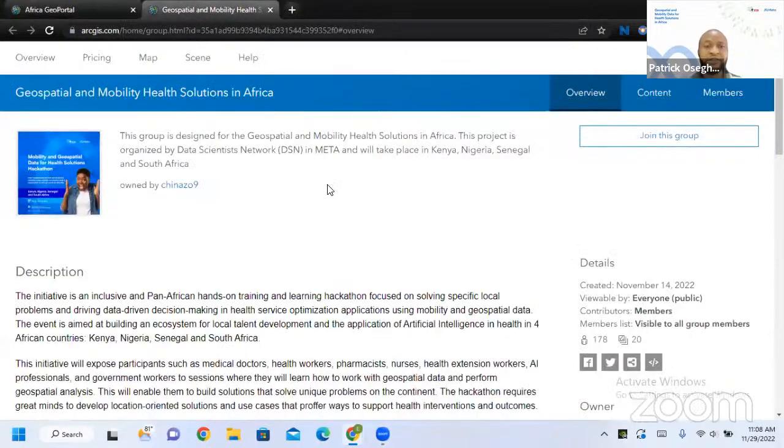This is the group that was created for this particular training and the hackathon. Anybody that is not in this group will not be assigned an ArcGIS Pro license for the time of this hackathon. As my colleague has said, the ArcGIS Pro license is very, very important.